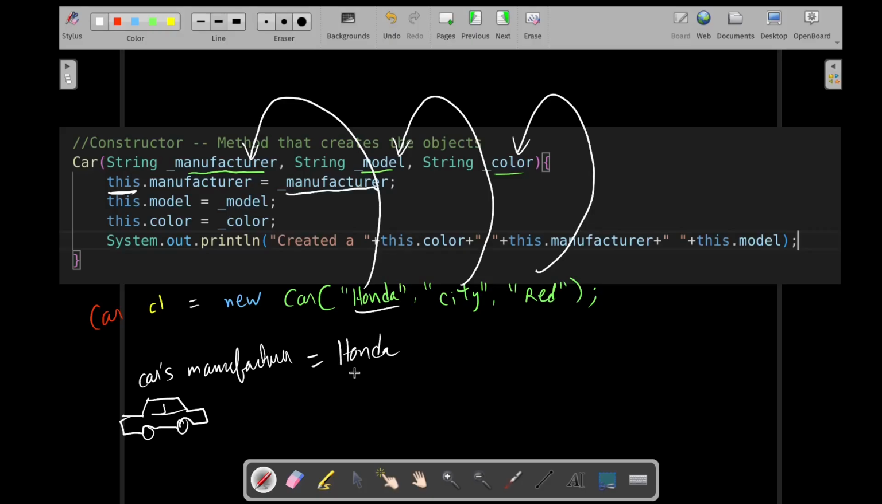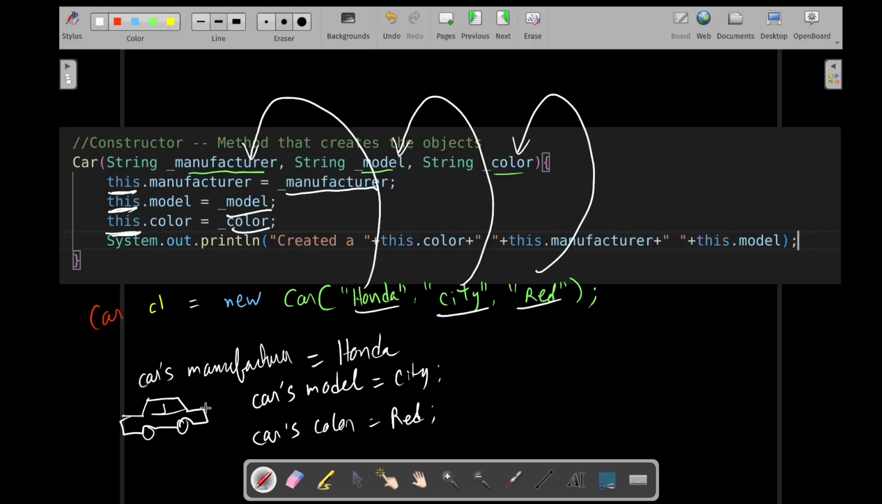The next thing that I am saying is that the car that I am creating, this car's model is whatever the user passed. What did the user pass? City. So it would be City. Great. Then I am saying this dot color. That means whatever car I am creating, that car's color would be whatever the user has passed, which is red. So it would be red. And we are done. We have created an object, and finally it will print created a